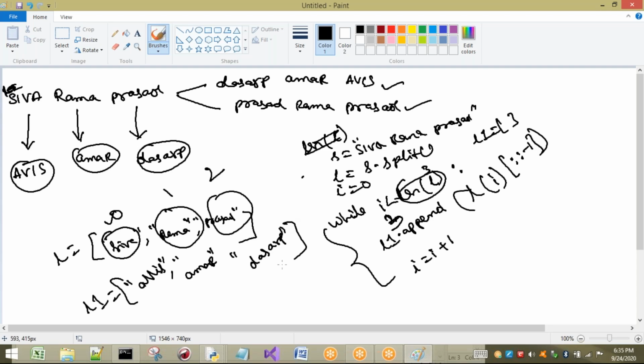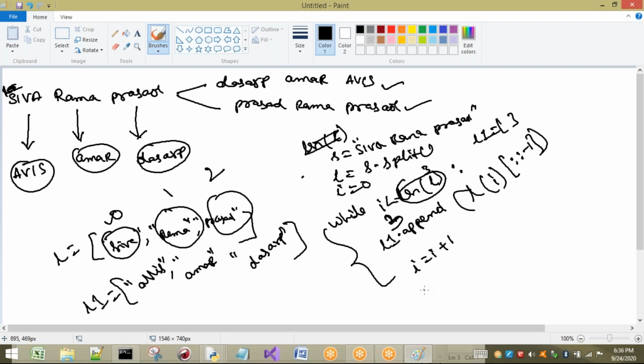Now we have to observe one thing. I now have the reversed words in my list, but I want to store this group of elements in the list into a string. Then what I have to write is just join those things. What are the things I have to join? All these elements, all these strings present inside L1.